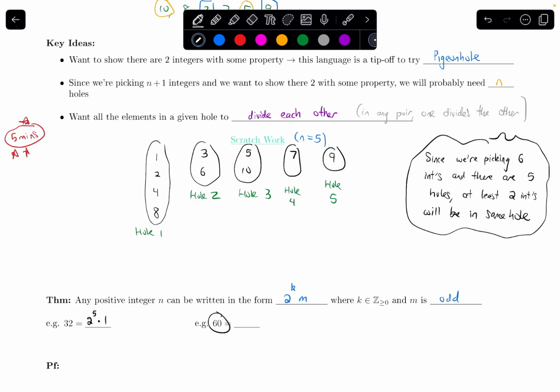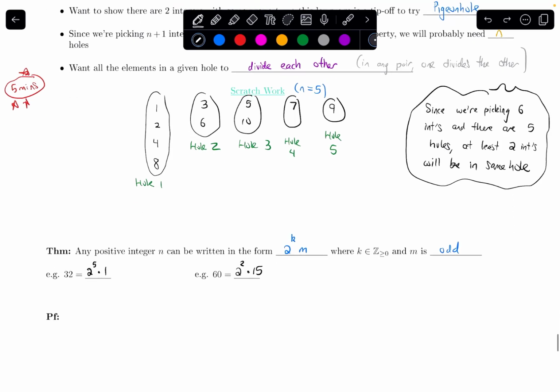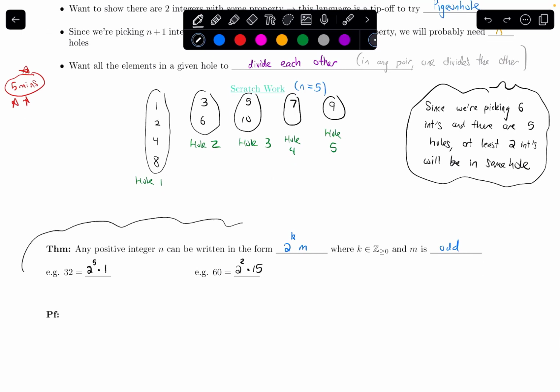Or 60 can be, I can divide it by 4, which is 2 squared. And then what's left is the odd integer 15. So 32 would have been part of the hole that starts at 1. 60 would have been part of the hole that starts at the odd integer 15, if n was big enough to include that. Okay, so I'm going to put this theorem in a little thought bubble,